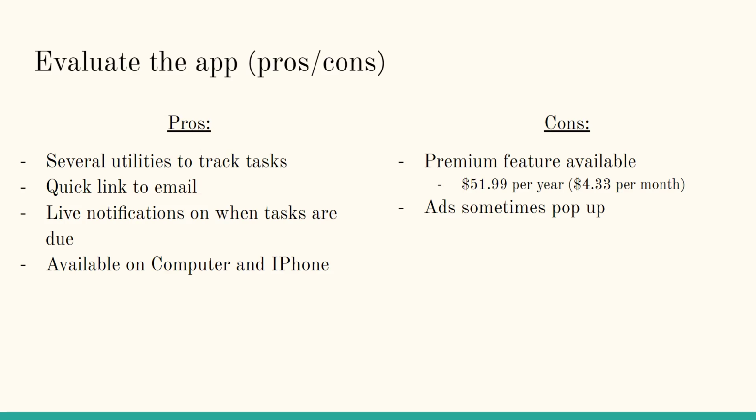And then the cons that I found: like I mentioned in the video, I was showing how to use the free version, but there's also a premium version which gives you full access to each feature. At least for me personally, the free version works well because the premium features don't really intrigue me to buy it. If someone was interested, it comes out to $52 a year, which breaks down to about $4.33 a month. It is pretty pricey for the premium feature, but like I said, you can get by just fine with the free version.